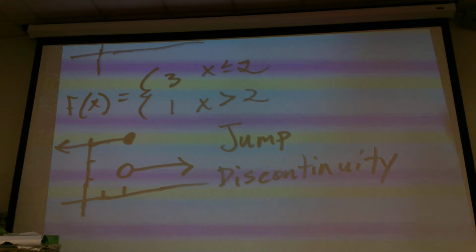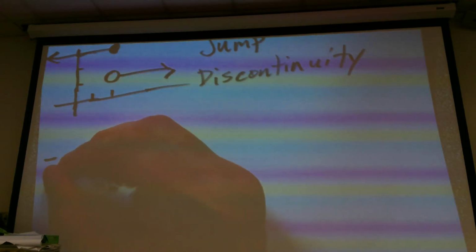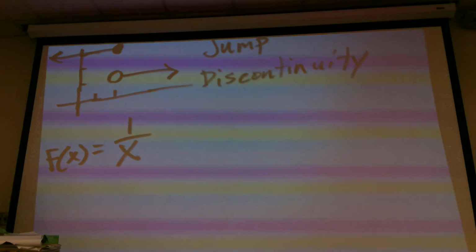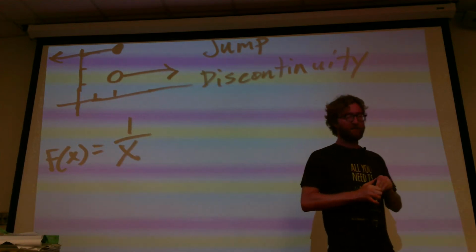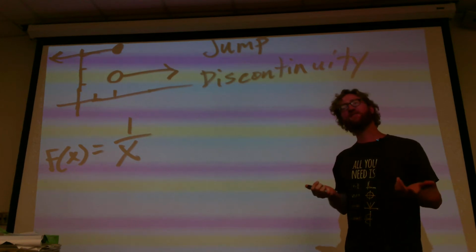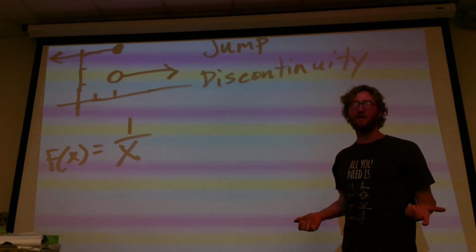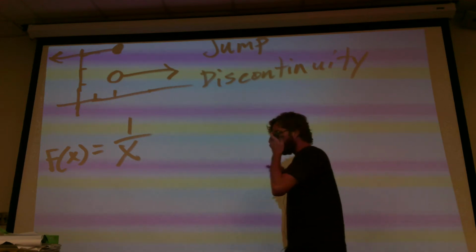Okay, so when we talk about something like, let's say, f of x, which equals 1 divided by x. Okay? And so, remember that in the last lecture, when we were talking about the entire concept of Newton and Leibniz and the definition of the derivative, what was the main concern that we had in that problem? You can't divide by 0. Okay? So, if I said f of x equals 1 divided by x,